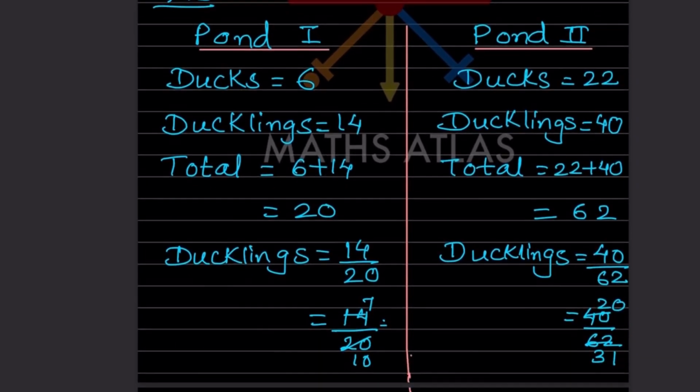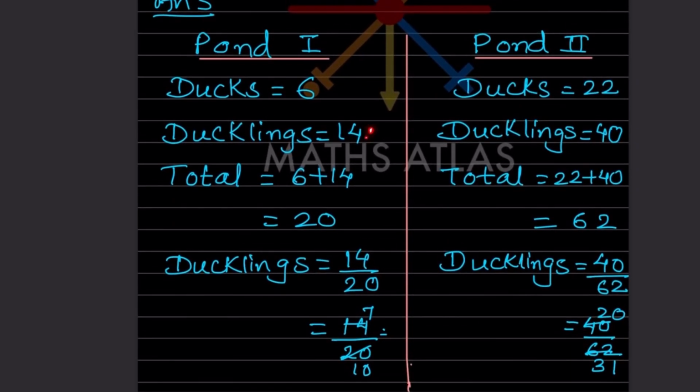So now what we see here, that ducklings is 40. We want a ratio. Ducklings is 14 out of how much? Total is 20. So always whatever that is total, that should be in the denominator. Just I will repeat, always the total will be in the denominator. So we want the ducklings, they didn't ask for the ducks. So then you will ask why it was given for the ducks. Of course, in some cases the number of boys and girls are given. So we should know the total number. Out of that total number,